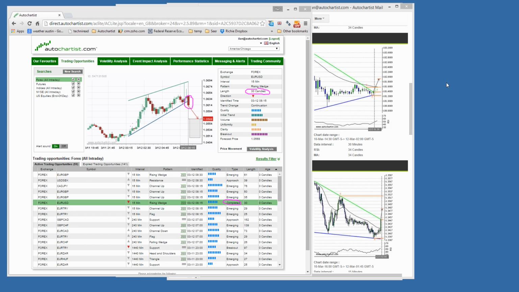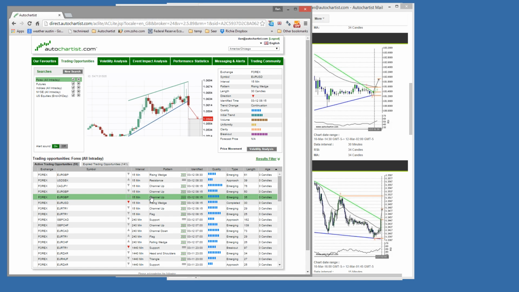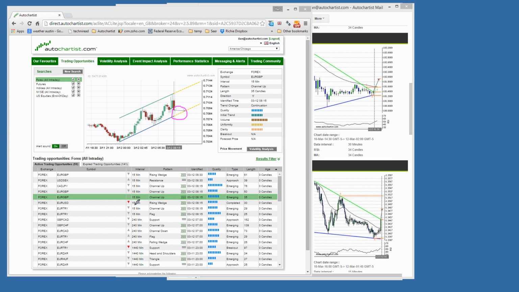Now, if we contrast that to emerging patterns, in an emerging pattern you can see that there has been no breakout as yet, right? So that is the difference between emerging patterns and breakout patterns, right? Completed and emerging. Now, you can also filter by those.